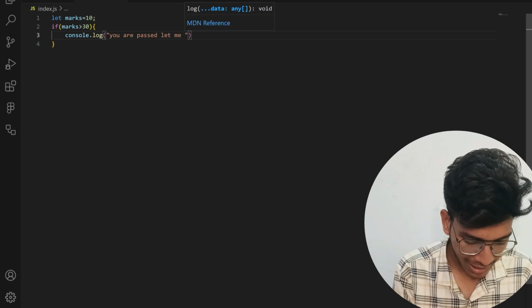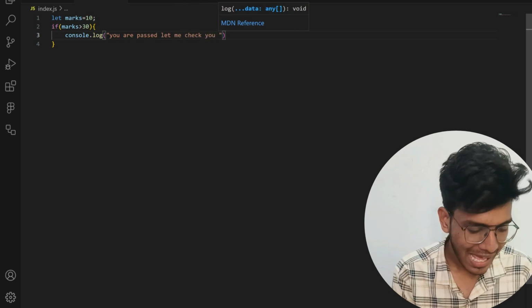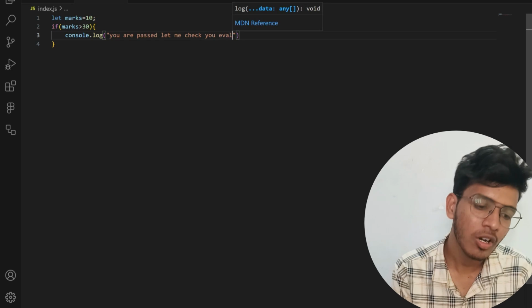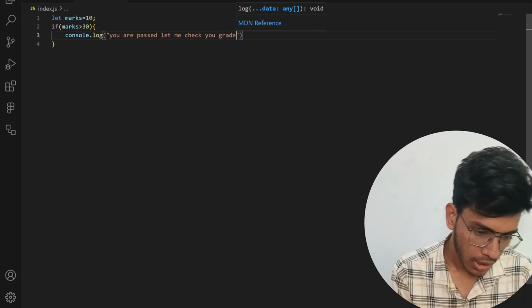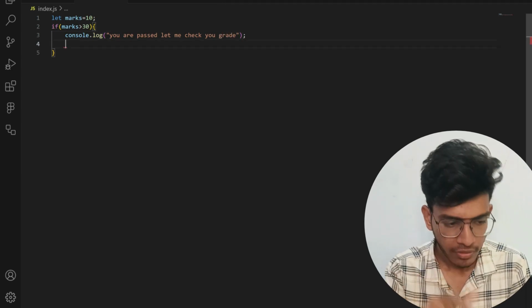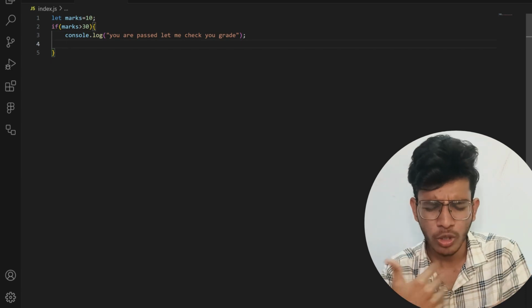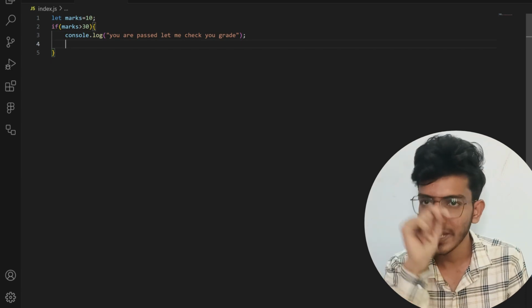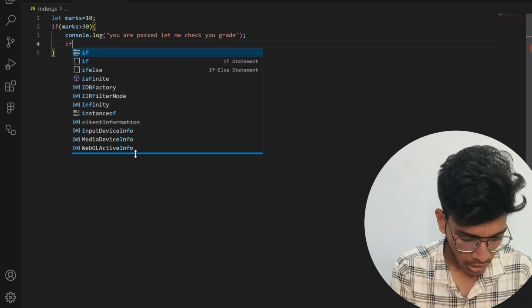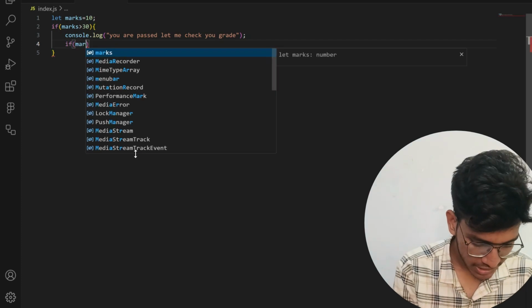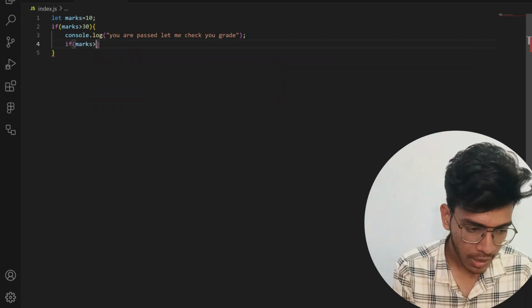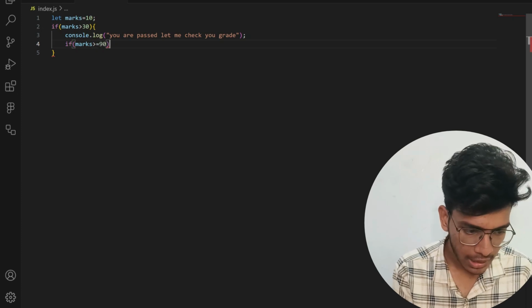Let me check your grade. Now if the user has scored more than 90, then I will give A grade. So here I will give if marks are greater than or equals to 90, then I will write